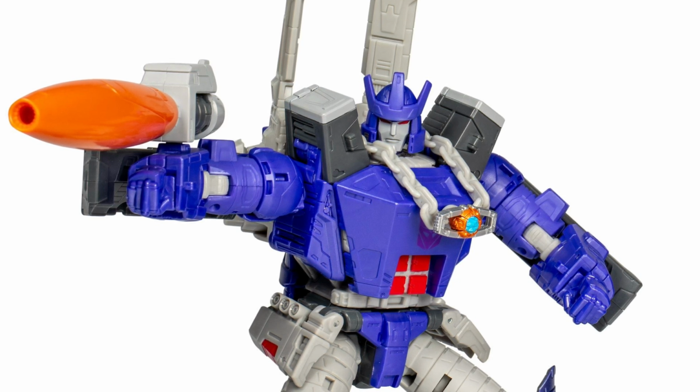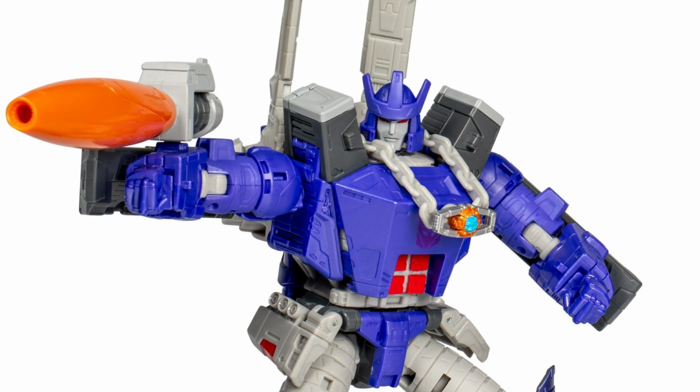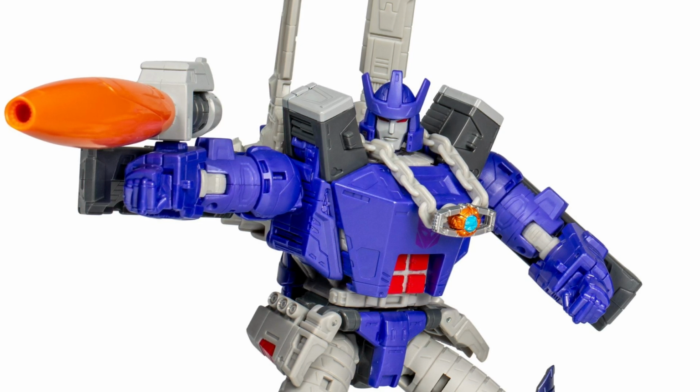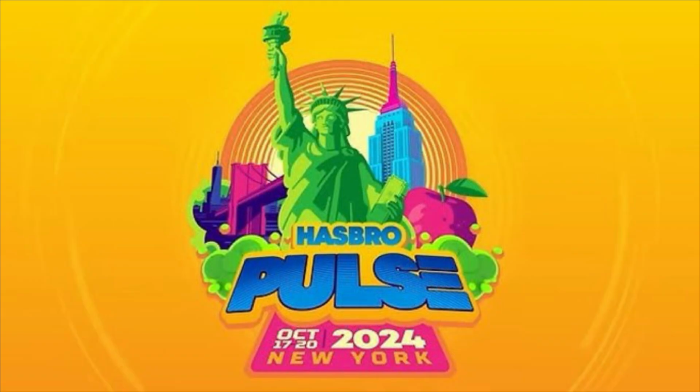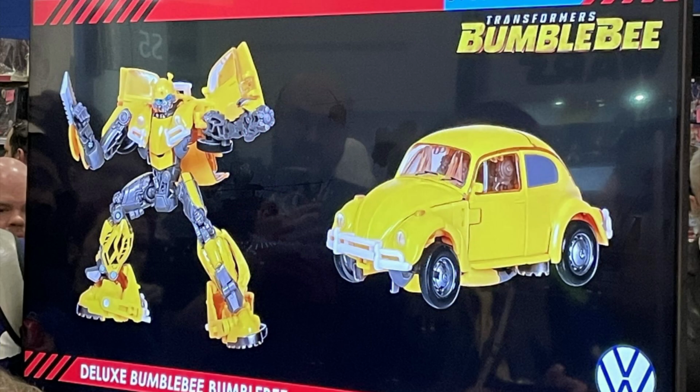I'm hoping by the time 86 Megatron comes around, he goes on discount, since it is quite inevitable for this type of mold to go on discount. And those are pretty much all of the Studio Series reveals from last week over at New York Comic Con. All of those figures from those reveals are out for pre-order right now, have been since Tuesday at multiple various online stores. And now we move to the official reveals over at MCM London, which were yesterday, starting with the